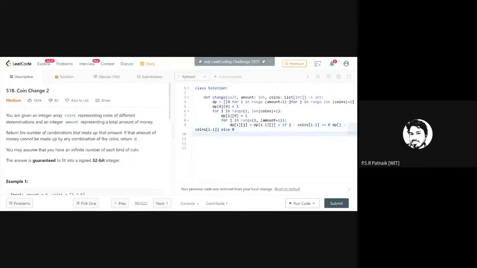I think once this for is done, come out of this loop. Here I need to just return the last cell value. So once that loop is done, I just need to return this.